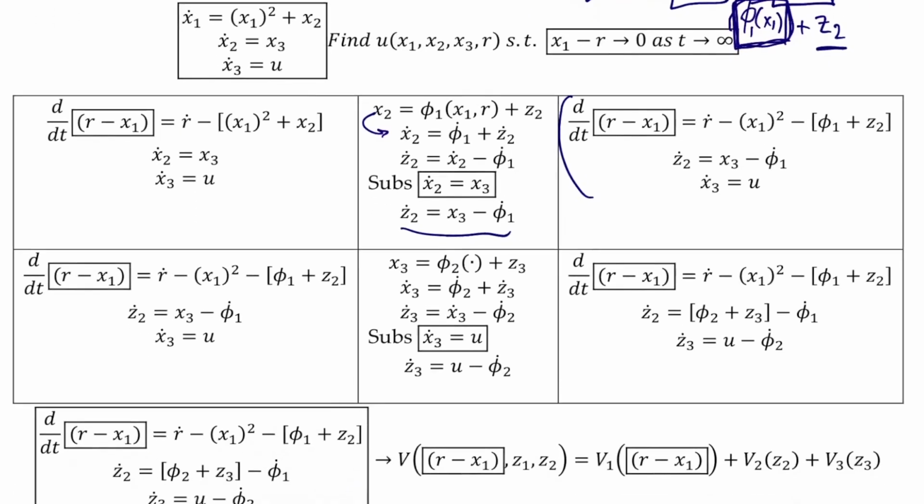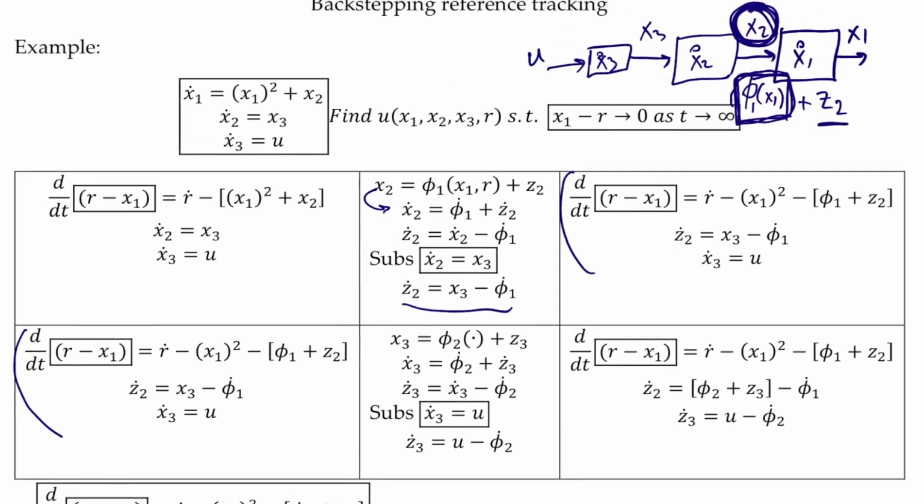So these are the same dynamics, and again we are going to do the same operation for x3. And again, keep this little work diagram in mind. We will construct another function, let's call it phi2. And this phi2 will be a function of x1 and x2, rather, a function of the terms that are